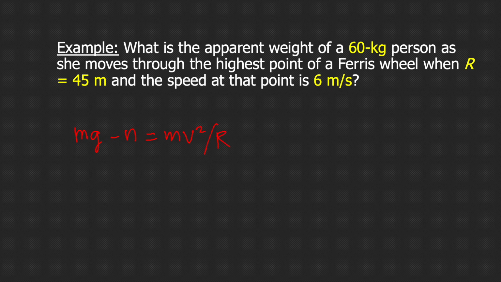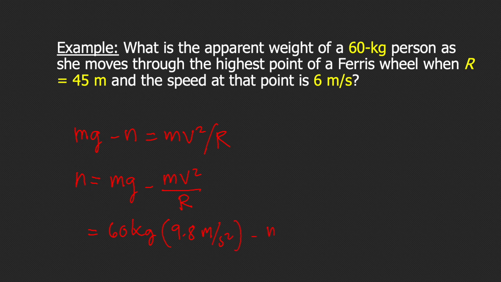So again, looking at the normal force at the top, N is equal to mg minus mv squared over r. Substituting the values, N is equal to 60 kilograms times 9.8 meters per second squared